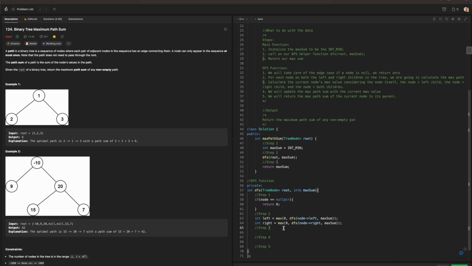We're going to calculate the current node's max value considering the node itself. So that means it's going to be int sum is equal to node value plus the left plus the right. And then we're basically doing this entire one, and then node for both children, that's right here. And then we're going to update our max sum, where it's going to be max sum,